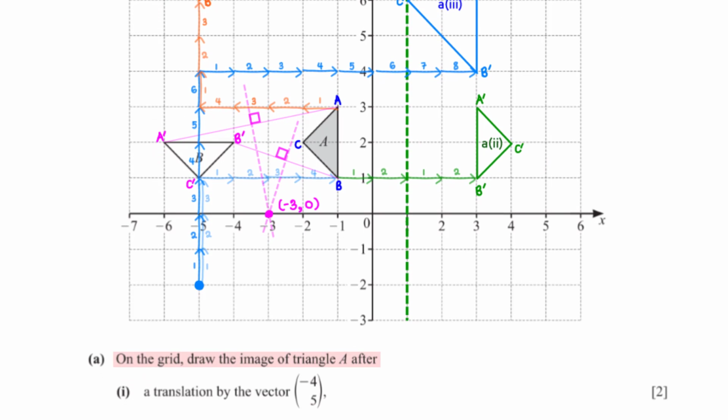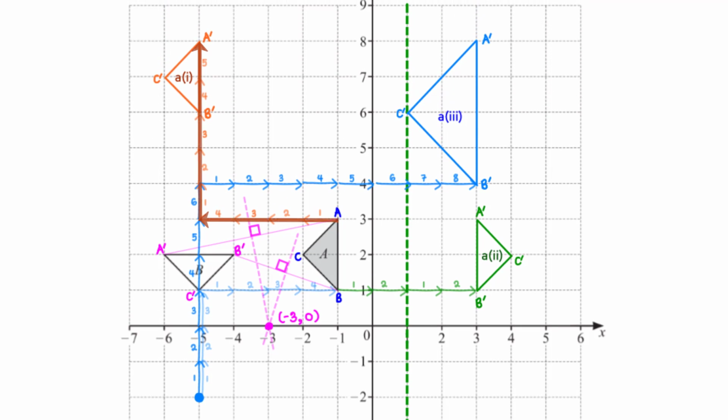On the grid, draw the image of triangle A after a translation by the vector -4, 5. For this translation, the translation vector dictates that we move each of the vertices of triangle A 4 units to the left and 5 units upwards. On the diagram, the movement for point A has been shown. After repeating the same process for all the other points as well, we are able to map out the translated